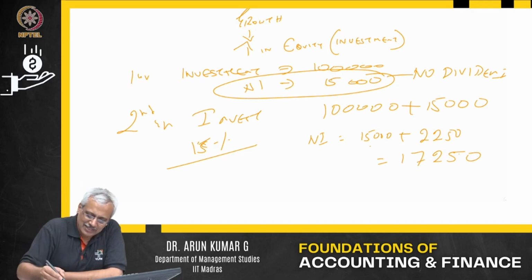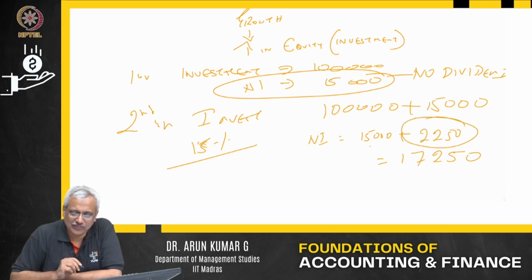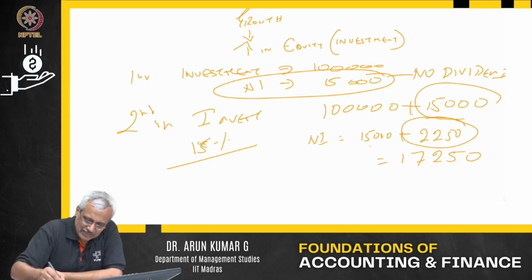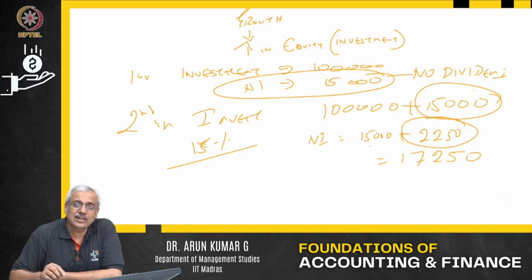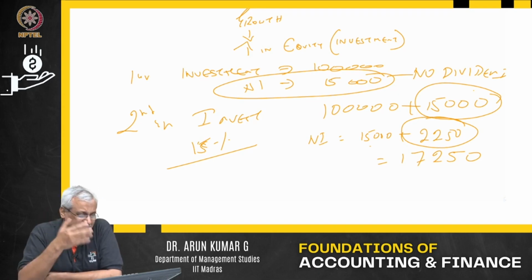So what is happening? There is a growth. The 2,250 is growing. Why is that growing? Because this is growing. Sir, you have to have avenues. Yes. You said capacity is reached. No, because I have made further investment. I can do some treasury operation. I can park the fund which can earn more. I can move to a new market and sell new products because I am investing more. I can improve the packaging a little bit, whatever it is, the appeal of the product. I can get more.